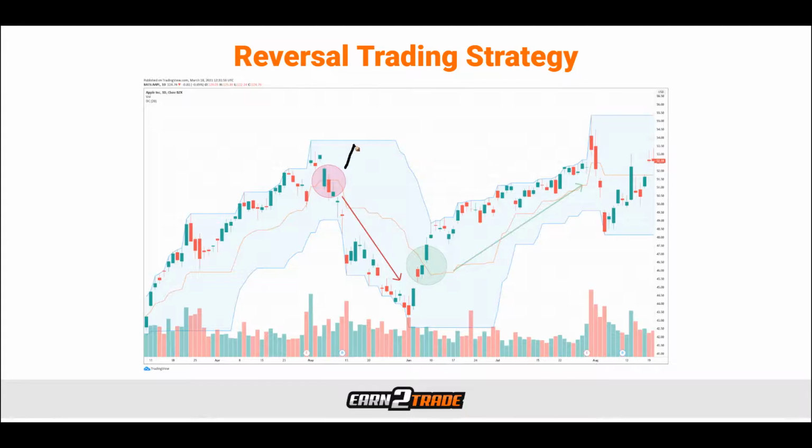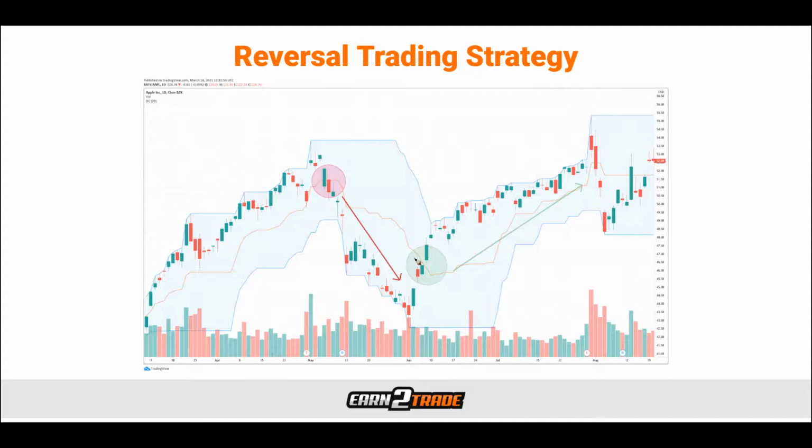So as we can see here, we had a crossover of the middle line. Price was previously trading above the middle line but below the upper line. This was indicative of a bullish move in the market. Now, as the market finally closes and trades below the middle line, we can see that bearish momentum has come into the market, and this would have been an ideal time to look for a potential short position.